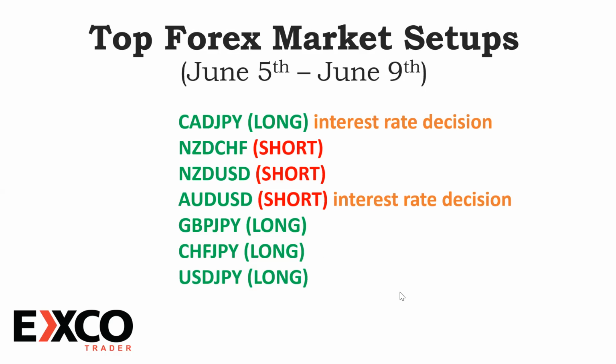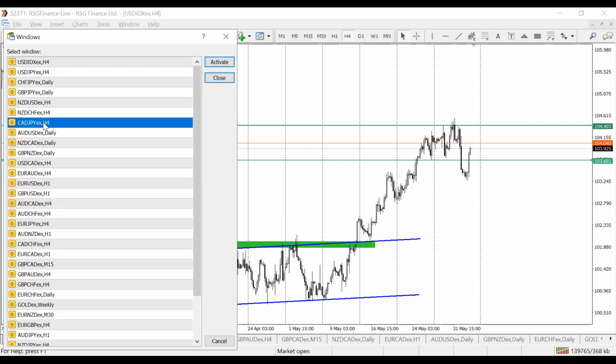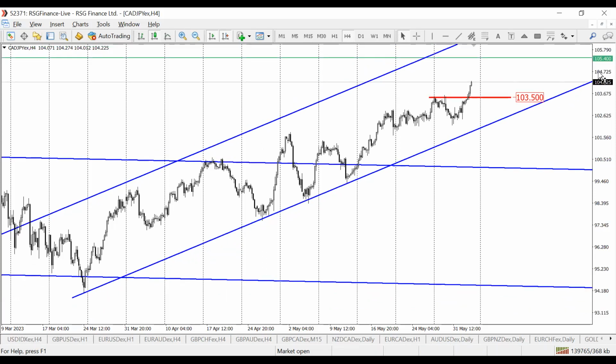So let's start with the first one as we jump into the charts, and we'll be looking at the Canadian dollar, Japanese yen, which will be the first pair we'll be looking at. On this pair, we saw last week we smashed the last high with good strong momentum to the upside. I will be looking for some retracement, maybe a retest, but don't forget sometimes we have an aggressive breakout and we could just see price rally up to the profit target for the week, and that target is